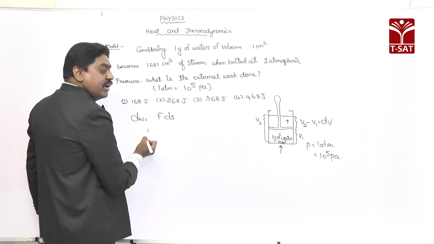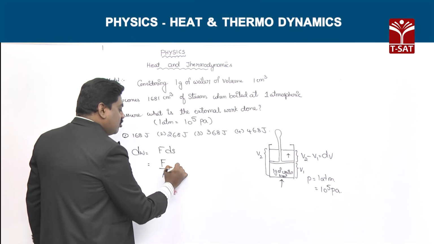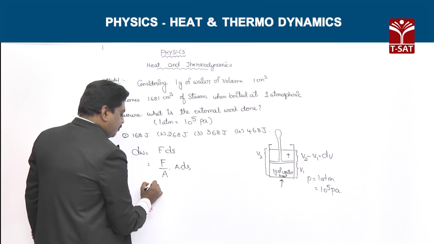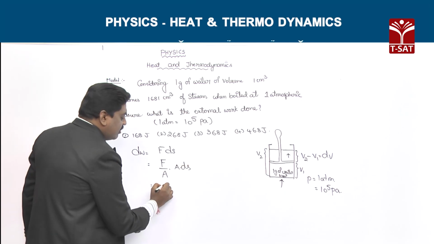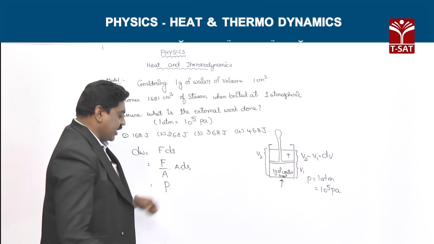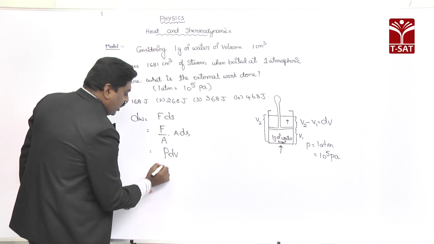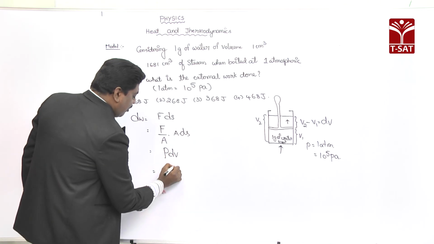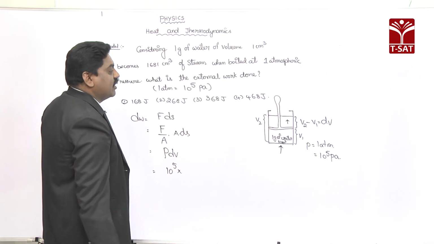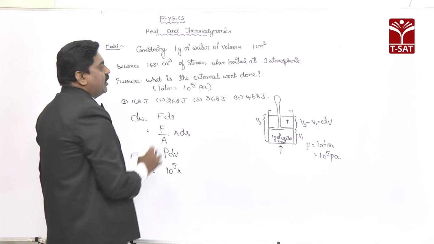Now, multiply and divide by the area, we get F by area into A into ds. Force per unit area is given as pressure, and area into ds or dx is given as dV. Pressure is given as 10 to the power of 5 pascals and change in volume is given as